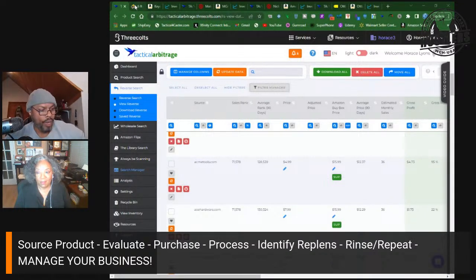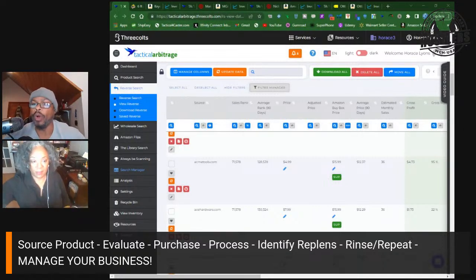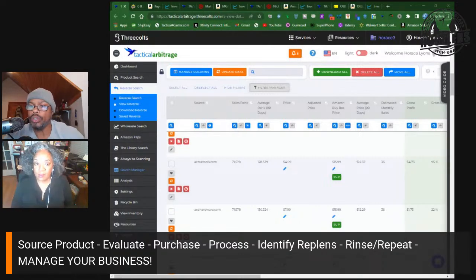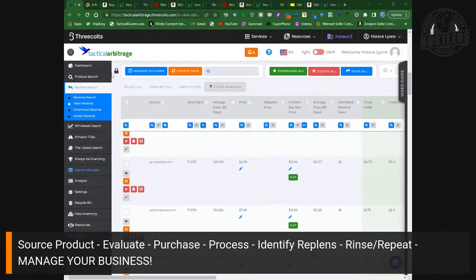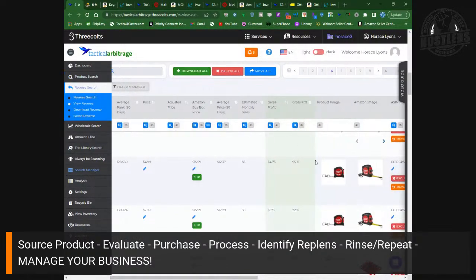We're going to get right to work, and we used the software Tactical Arbitrage. That's what this is all about. And if you stay tuned, we're actually going to have a segment where we show you how to set up what is called a product search. So, with that being said, let's jump right in. Now, we did a search under the category of industrial and scientific. A lot of times people are using the software and they're not really thinking about that category, but I'm telling you, there's some gems you can find. So if you're looking at my screen right now,